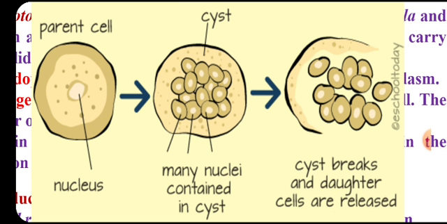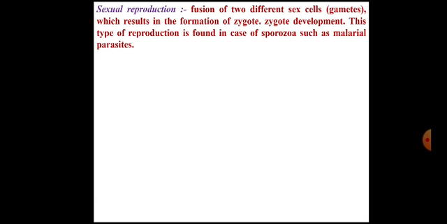These daughter cells are called cysts. These cysts, which are more than 2 in number, are then released out of the cell as a result of the lysis of the cell membrane of the parent cell. And further, when this cyst gets favorable conditions for growth, it matures, and the mature form is called daughter cell. So this is how the multiple fission occurs.